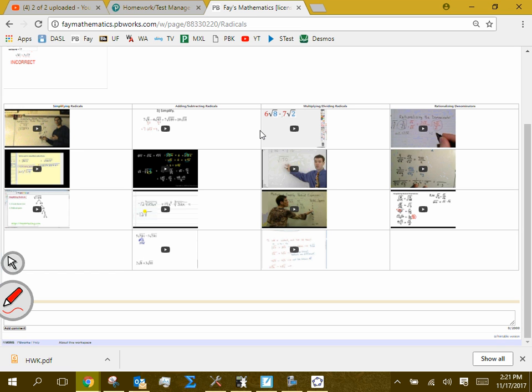Of people walking you through step by step the algebra for simplifying radicals, adding radicals, multiplying and dividing them, doing it with fractions. A very good thing to look at and make sure you have a good understanding of because of what we're going to do later on. Okay, we're going to soon learn a